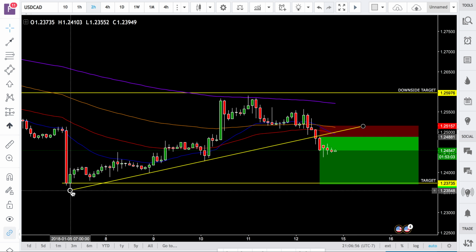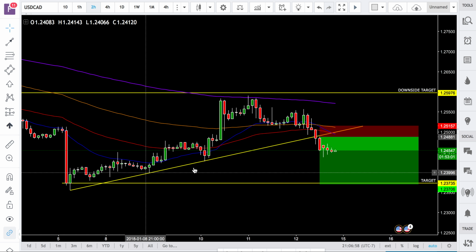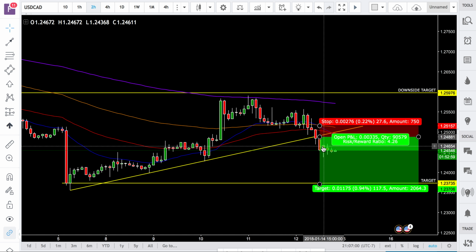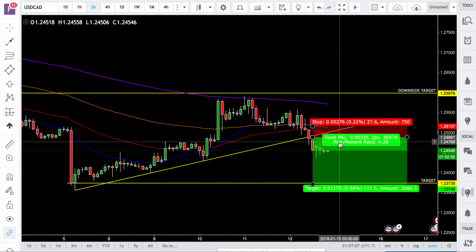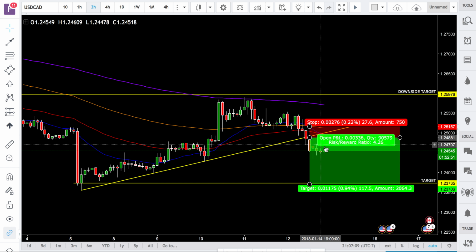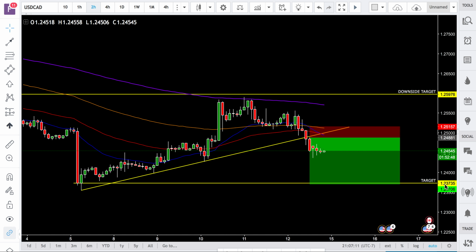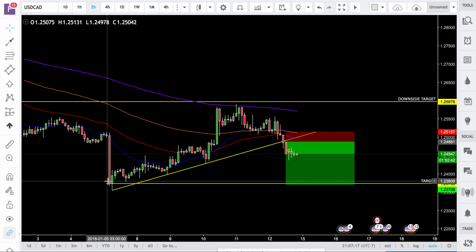There you go. Price broke. We could see price move up and test the trend line again, but ultimately I do think that dollar CAD could move down to the 124 even number and eventually 123.7,